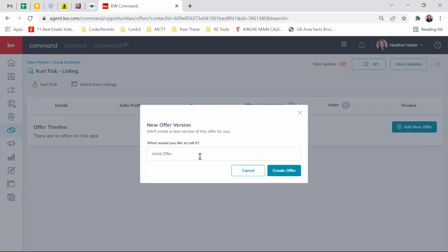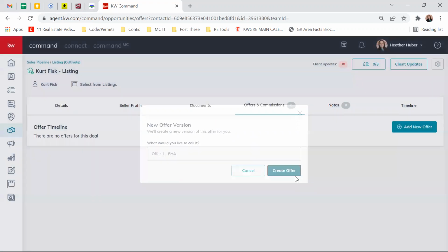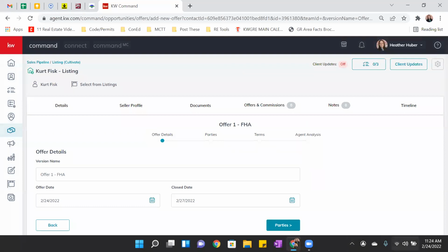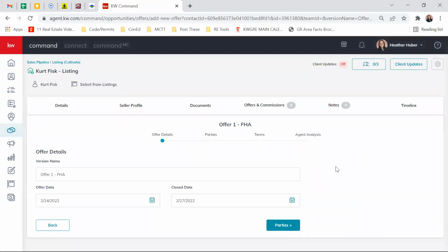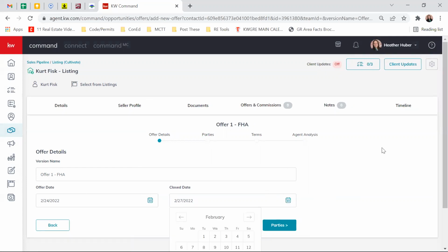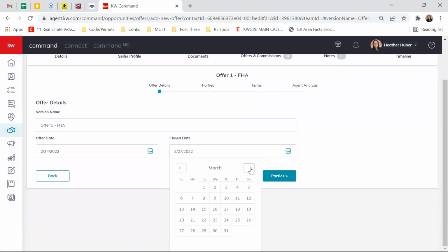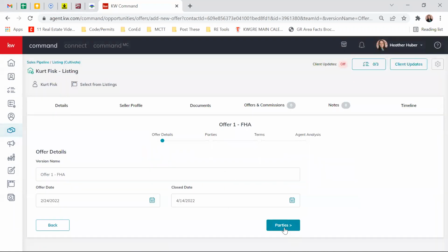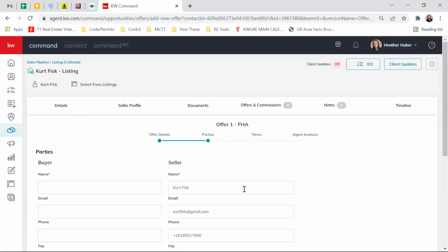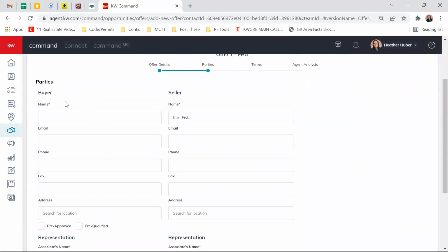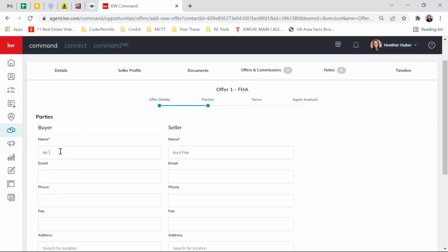We'll create a new version of this offer for you. So maybe I call this offer 1 and FHA, I don't know. Create a new offer. So we put in the offer date, when it's supposed to close. If it's FHA, that's going to be a little bit longer, let's say it's April 14th. I don't know. Parties. So I've got my guy there. I'm just going to get rid of that real fast. And then this buyer,